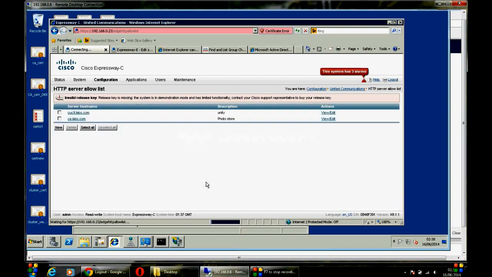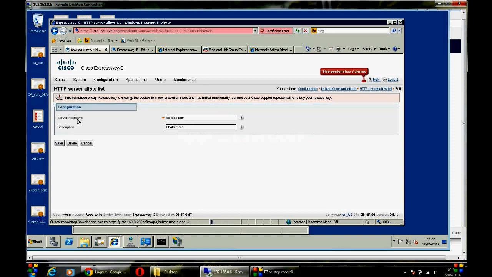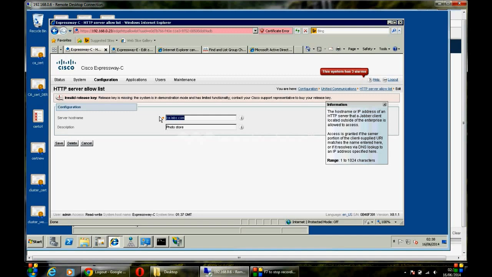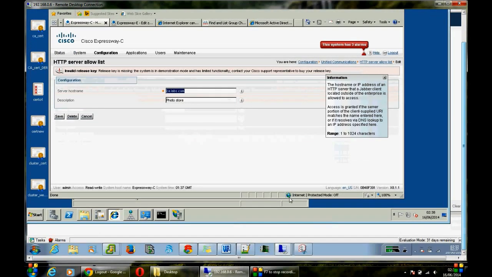And here we're going to say HTTP allow list, and I've got a few allow lists that are previously populated. ca.labs.com, which is where the photos are being located. Recall the java.xml config file. If I put it here, ca.labs.com,